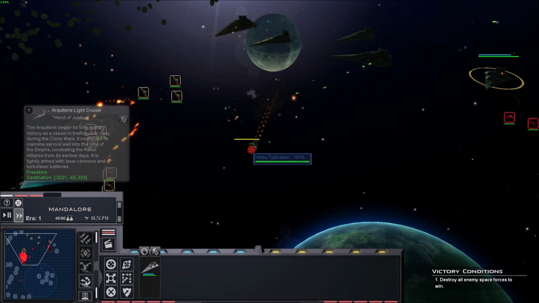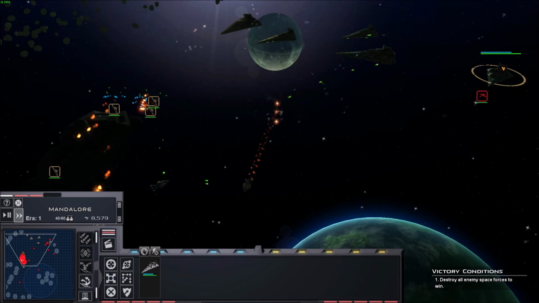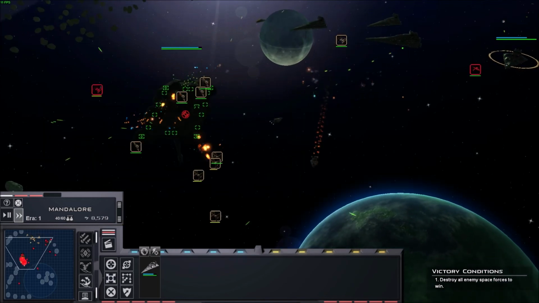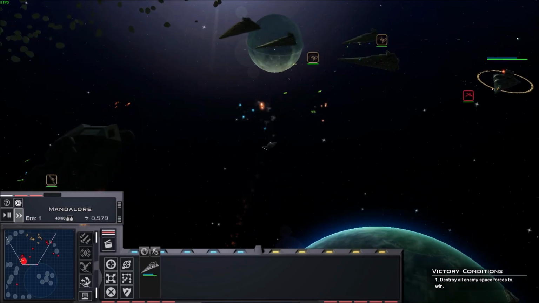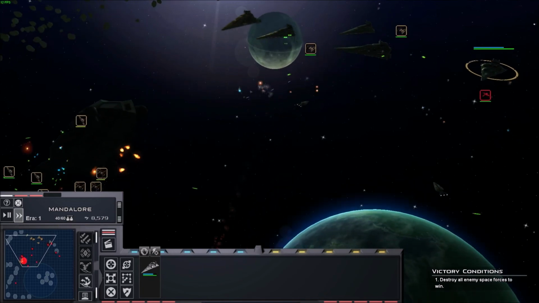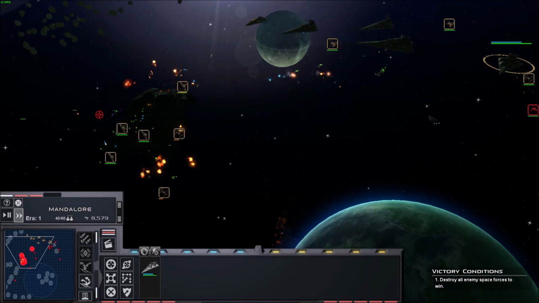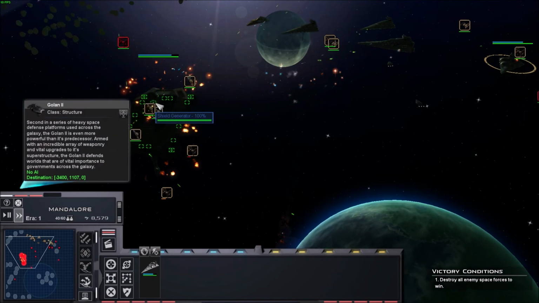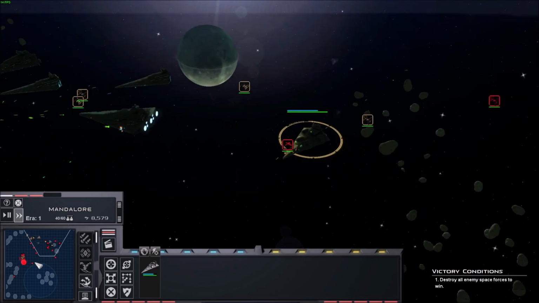But anyway, you have these little cruiser guys, and they're just floating around, but I don't know what they're going to do against me, to be honest. You know what I mean? Draw their fire. There's a bit of lag here because of the enormity, the amount of ships on the screen. But